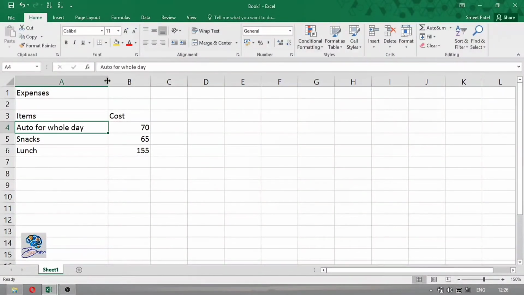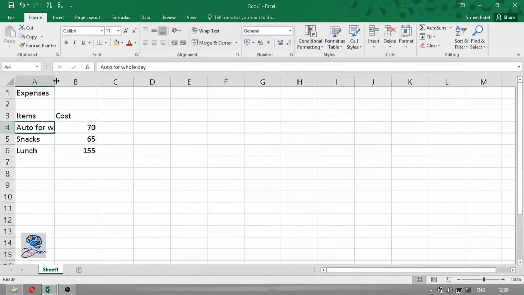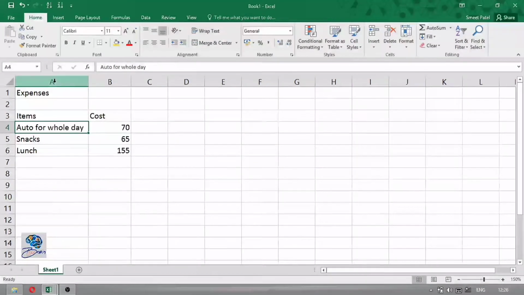If you double click here, between the A and B column, Excel will automatically adjust the column width to the content. As per your content it will adjust automatically. If I want to adjust automatically, I will hover my mouse around the A and B cells and double click